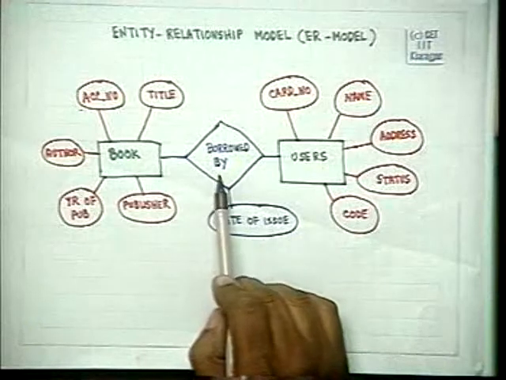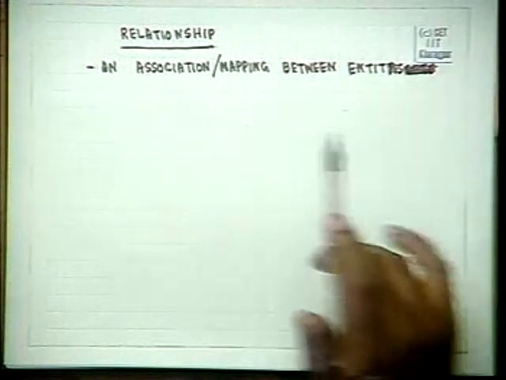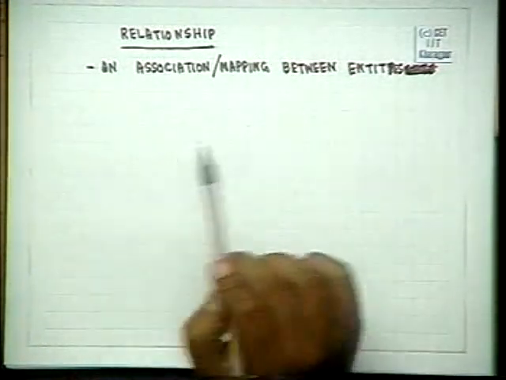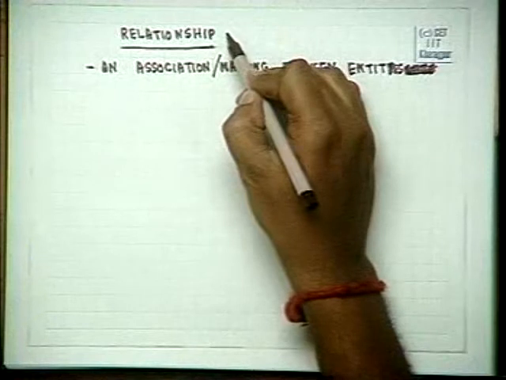There may be more than two entities, there may be less than two entities involved in a relationship. We shall see it later. But for the first and initial understanding, let us assume that we have got two entities and whether there is a relationship between these two entities. And all such relationships between the same entities which have similar properties form what is called the relationship set.